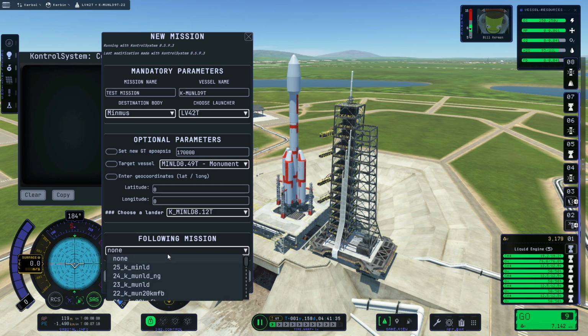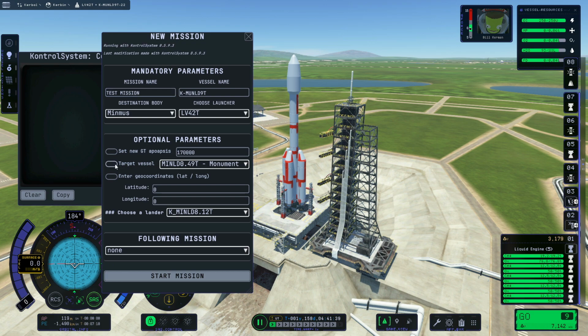And the following mission, I have here all my missions. This is, for example, I'm going to land near that vessel on Minmus, and after that, this is what I have done in the last episode on the moon. I land somewhere on the moon, and then the Kerbal went to EVA to have some science, okay, and then the Kerbal went back to the rocket, and then I launched the rocket to go back to Kerbin. Okay, so